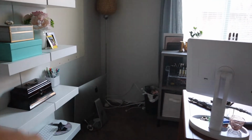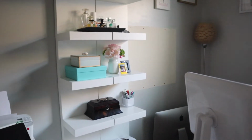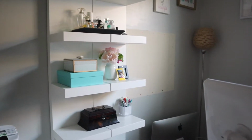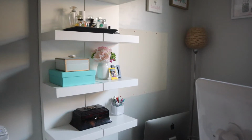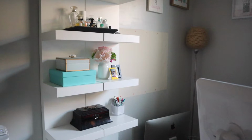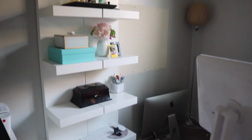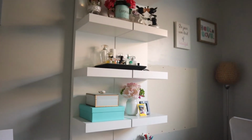So this is the area where I used to have my vanity. As you guys can see, that's where the mirror was mounted onto the wall. I do have to paint that wall, so I am off tomorrow. Today is Sunday, by the way, and I'm hoping to get this video up for you guys to see today. I do close, so I have the morning. I'm going to have to hook up my computer somewhere so I can edit. But anywho, that's where my vanity originally was, and then I have my two